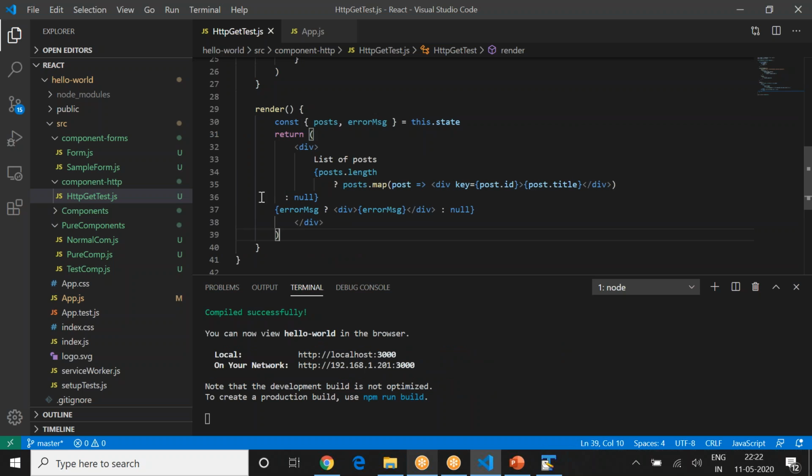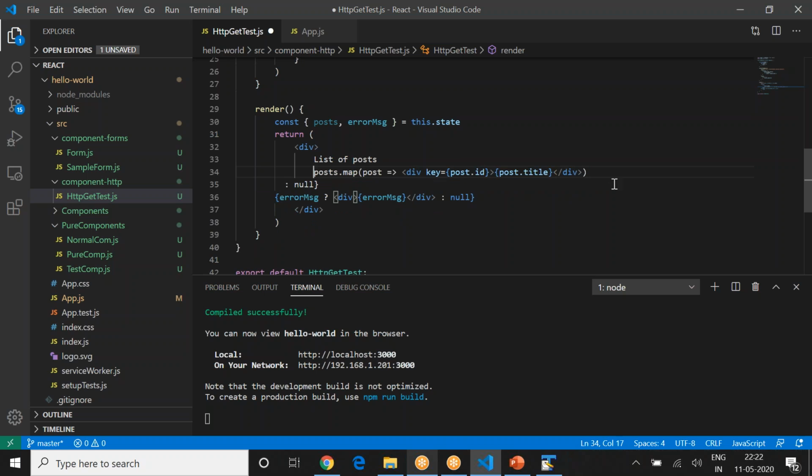Okay. So now the first thing is you got the posts. You are just checking if the post.link exists. This is not required, so you can remove this. This is an if else condition. I don't need this, so I can just simply print the list of posts.